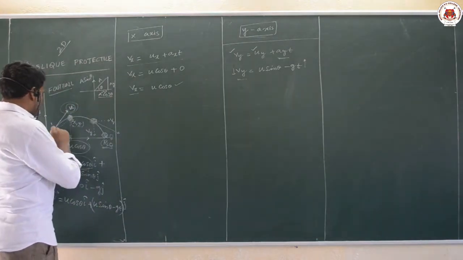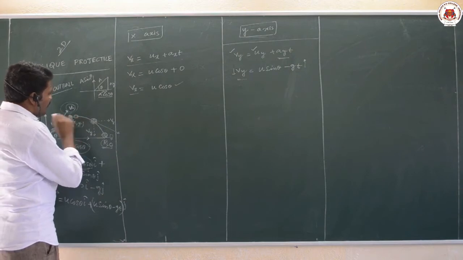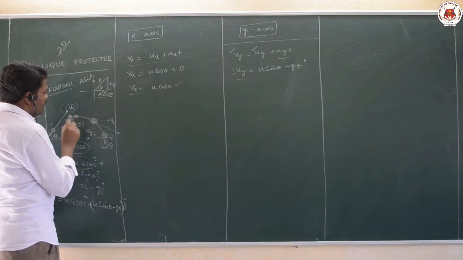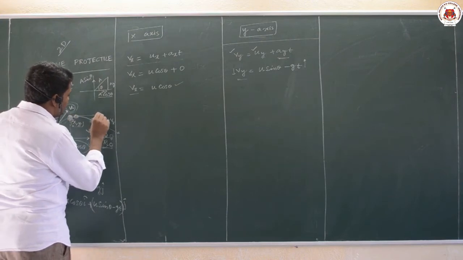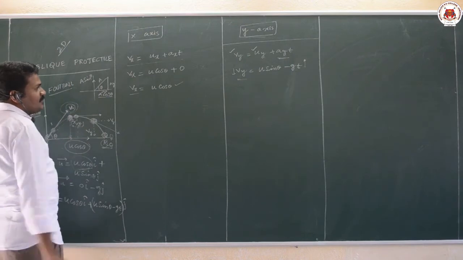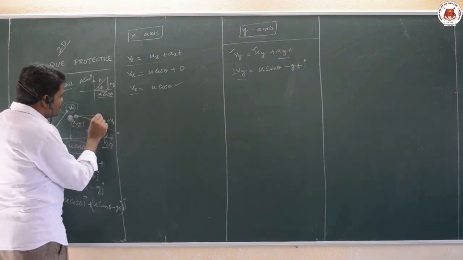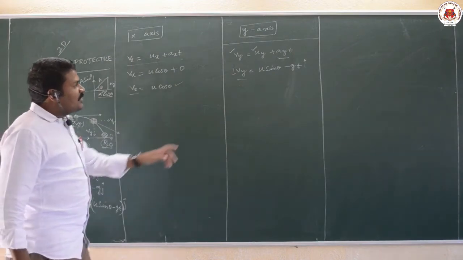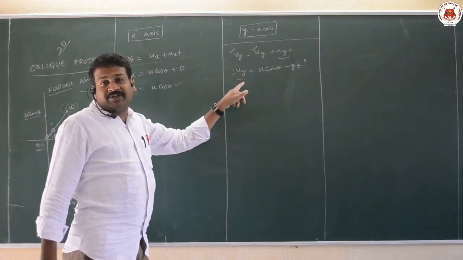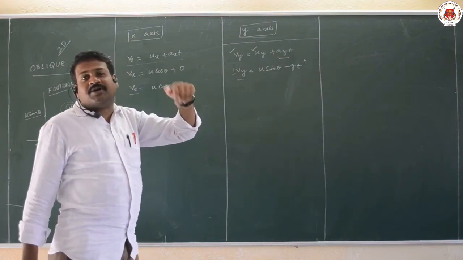So it goes on in this direction, and finally here, if you observe the direction of velocity, it is totally horizontal. At maximum height, after reaching maximum vertical height, what happens? Its velocity becomes totally horizontal. That means its vertical velocity becomes 0 at maximum height. Which velocity becomes 0? Only the vertical component of velocity becomes 0.